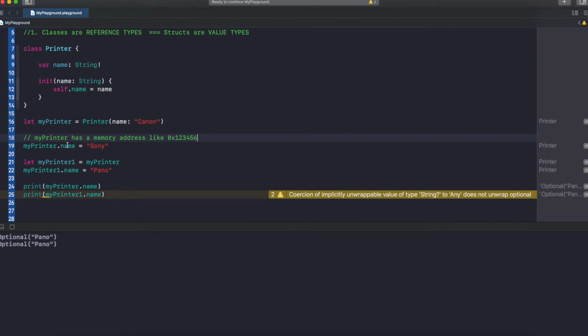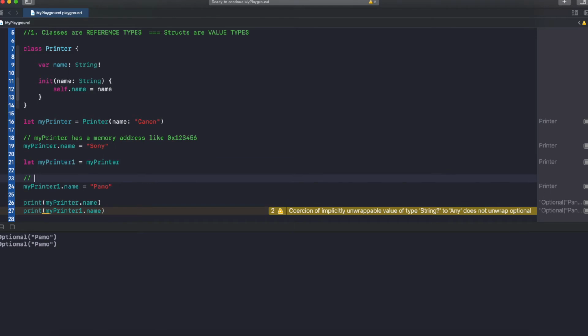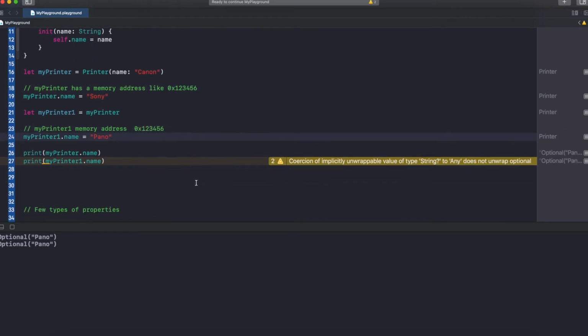When you assign myPrinter to myPrinter1, the memory address for myPrinter1 will also be the same. So that's the reason when you change something in myPrinter1, it also gets reflected in the myPrinter object.